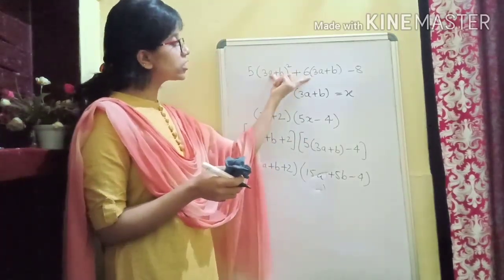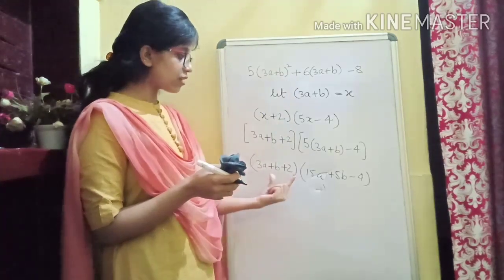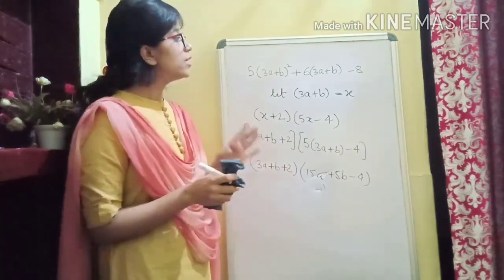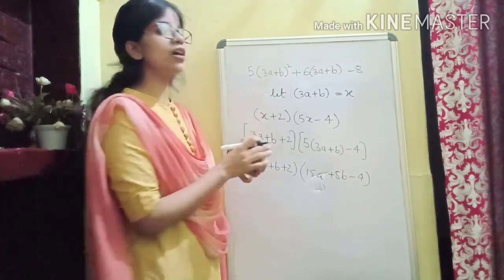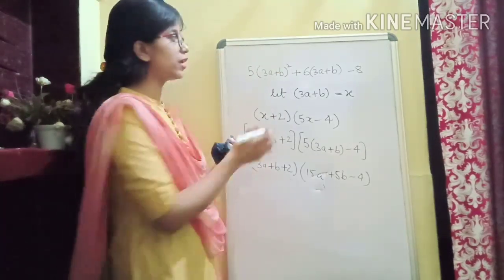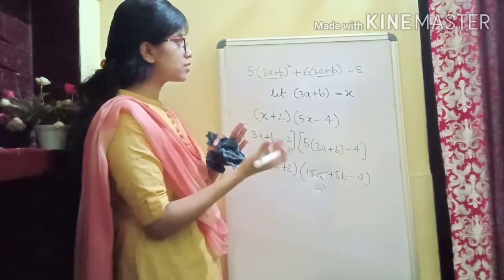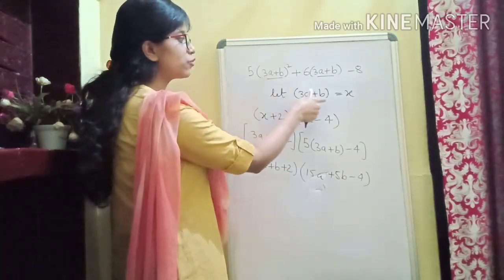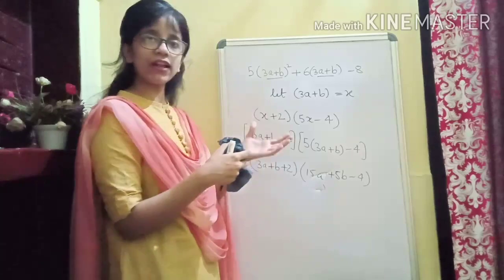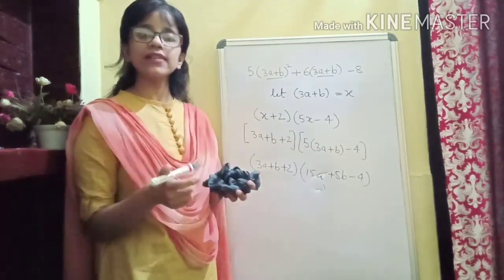You see, the question was asked in terms of a and b, we are answering in terms of a and b. Clear? Next thing, whenever these types of questions are asked, you substitute something, whatever is repeating. You find it, you can consider that, like 3a plus b here, so we have taken it as x, we kept the values and then we simplify. Okay, that's how we do.